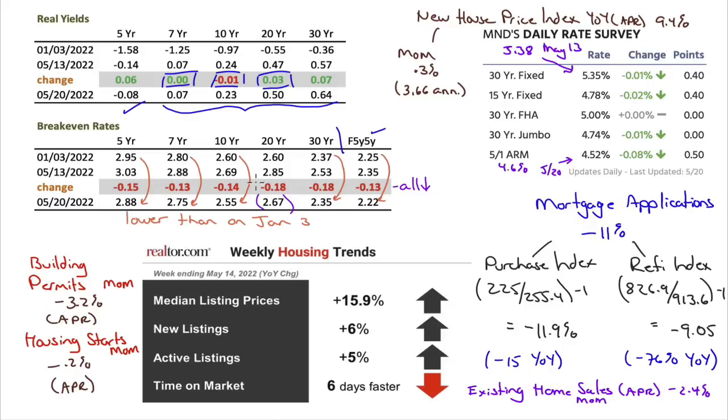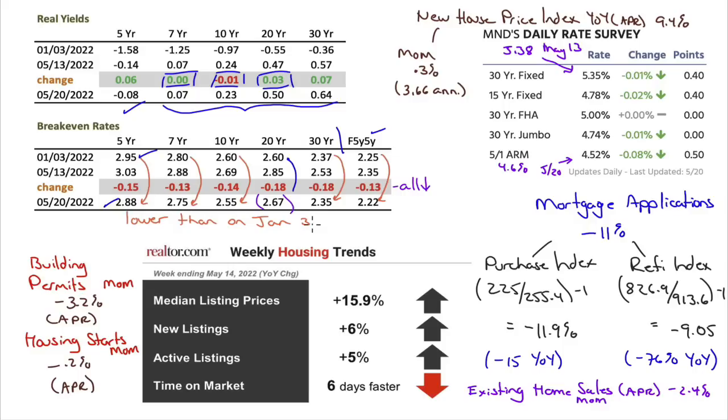And these are our break-even rates. Look at the beginning of the year, January, at the very beginning of the year, before a lot of this loud talk showed up about rates and inflation. It was just sort of some rumblings that something's going to have to be done about this. Well, look where we are now, all lower than on January 3rd, except the 10-year. We're only 7 basis points higher. You can pretty much call that almost unchanged.